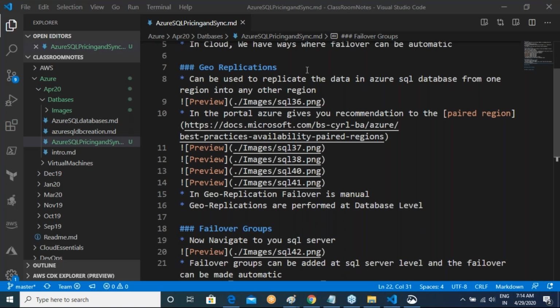If you are a DBA, I'm quite sure you are understanding how simple it has become. I'm not a DBA. I don't come from a database world, but still I can set up applications. I can set up failovers. I can do a lot of stuff over here. In real time, how many failover groups and geo replications will be managed? At a max, you will have one failover group, sir.